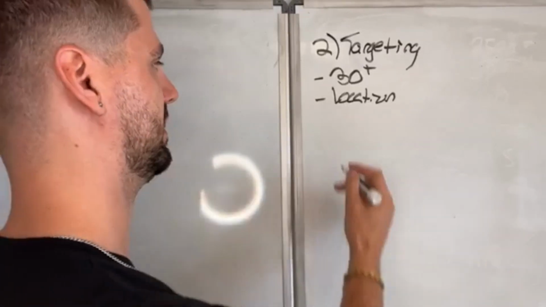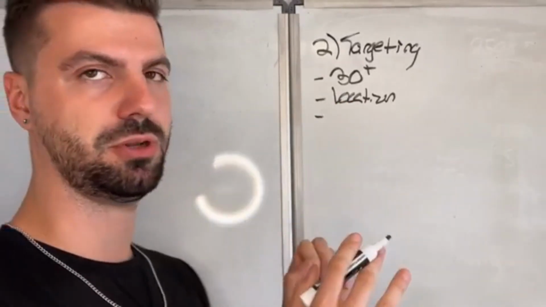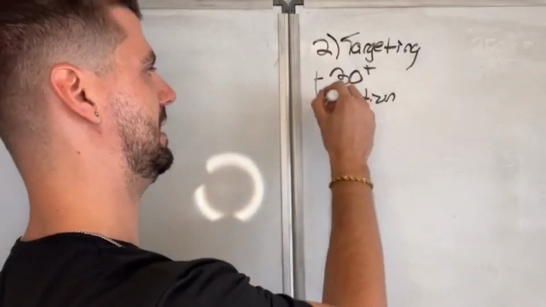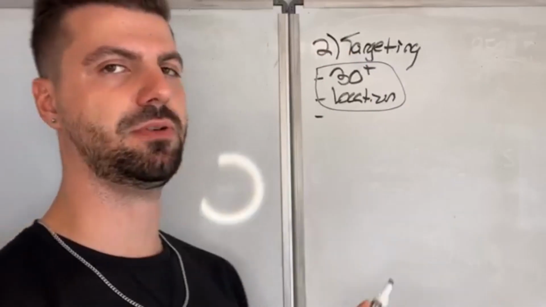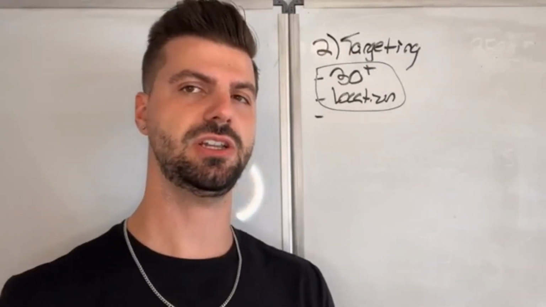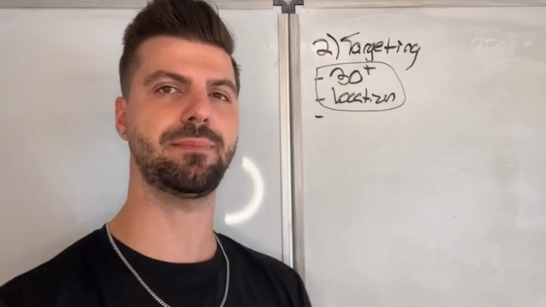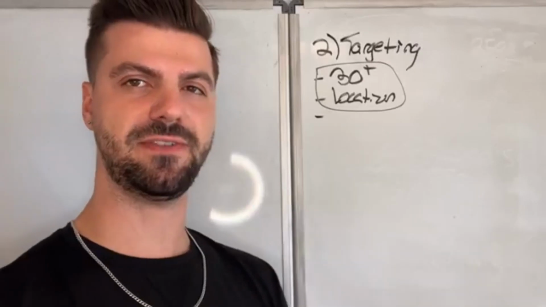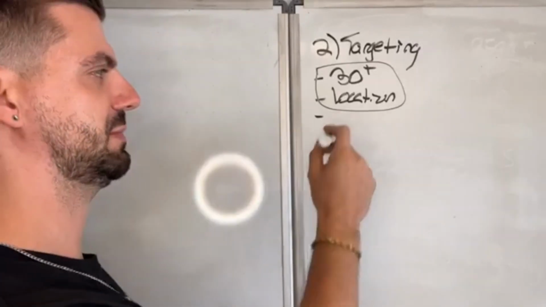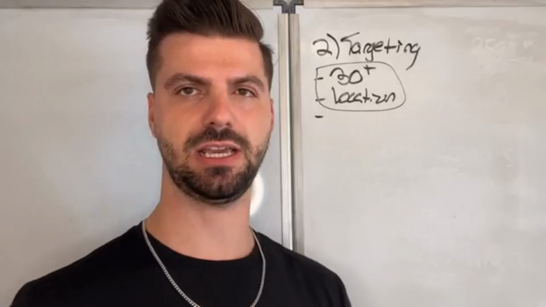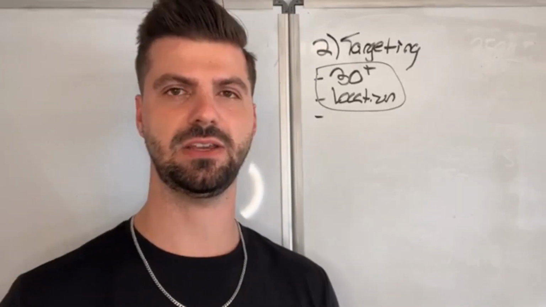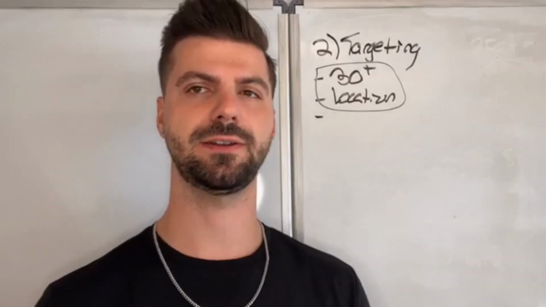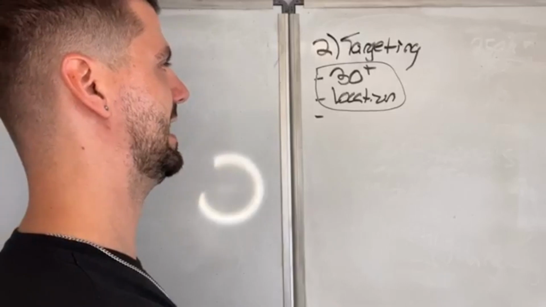But for the most part, let's say that you do painting, maybe you would put in an interest in painting. But for the most part, what we want to do is keep this pretty broad in the beginning. So people age 30 plus with the location, and just start there and then see what happens from doing that. If that targeting isn't specific enough, then we'll start to make it more specific by adding interest-based targeting related to what it is that you offer, renovations, et cetera. But we want to start fairly broad. And so that's the targeting aspect.